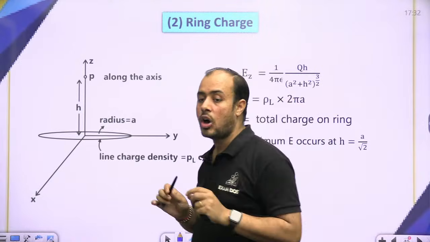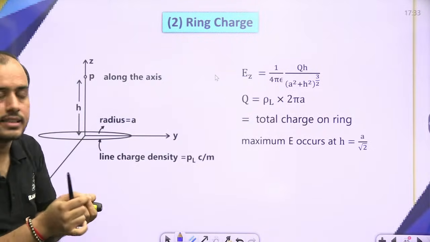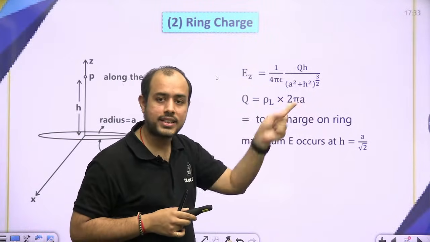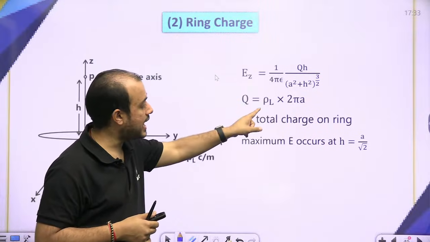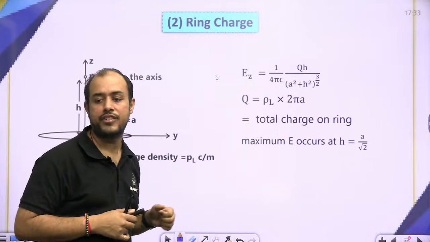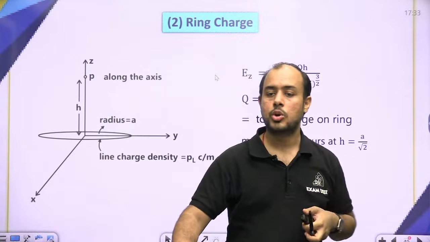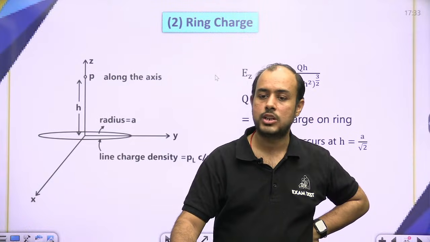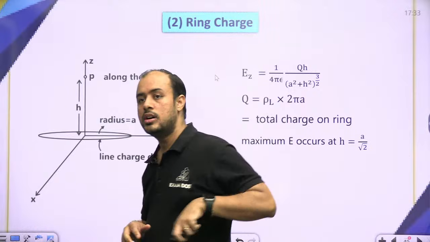Now ring is also a wire. Ring is also a wire. So we talk about the line charge density. So what is the length of wire in the ring? It is the circumference. तो लाइन चार्ज डेंसिटी इंटू सर्कमफेरेंस। रिंग भी आपका लाइन चार्ज ही है बेटा, तो उसकी लाइन चार्ज डेंसिटी इंटू लेंथ करोगे तो rho L इंटू 2 pi a आपको करना पड़ेगा। तो दैट इज Q